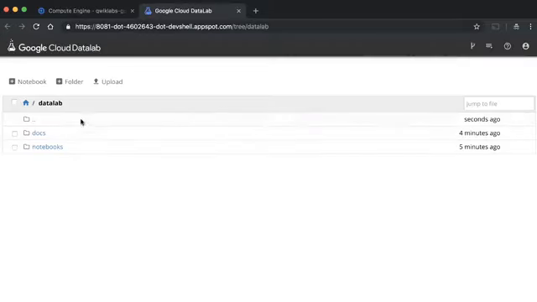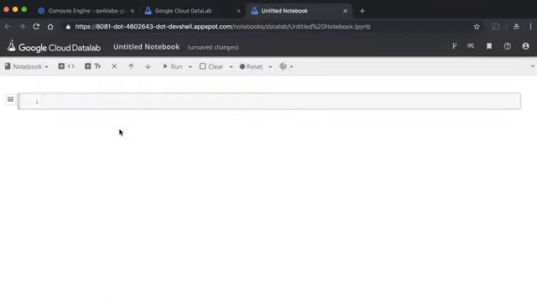So right now we don't have anything in our Datalab notebook, so we're going to clone some already written notebooks from a Cloud Storage bucket. So I'll create a new notebook, and I'm just going to paste in a gsutil command to copy from the Cloud Storage bucket.